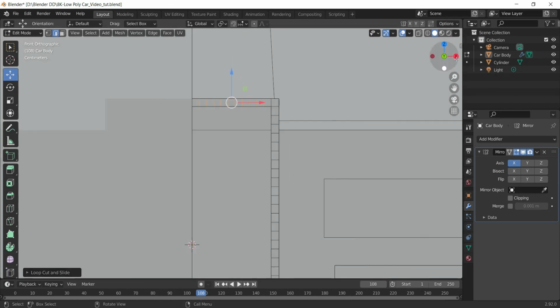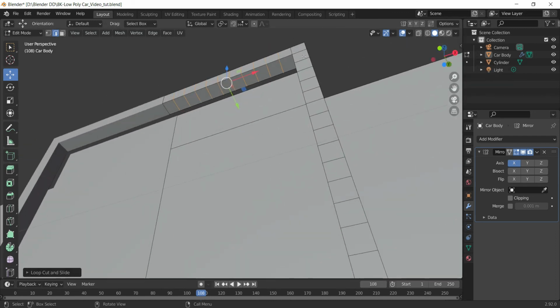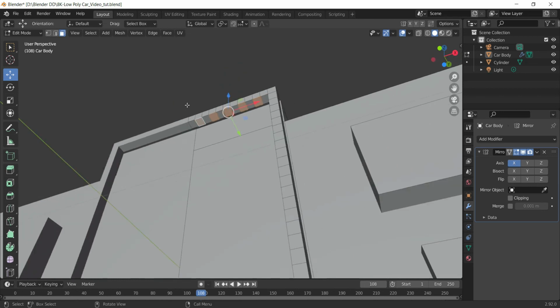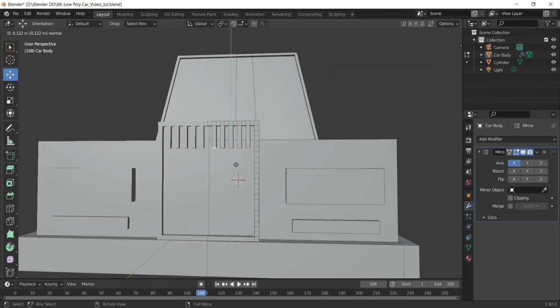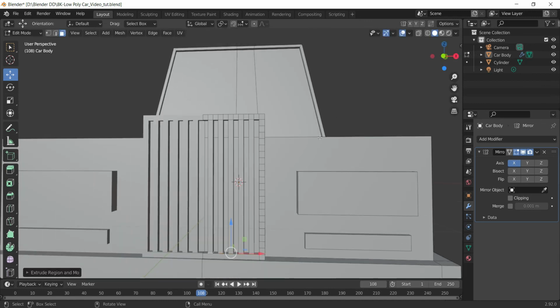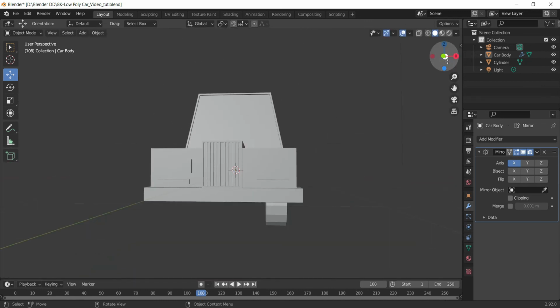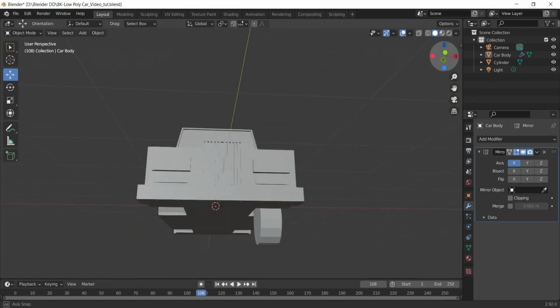Okay, I have kept a value of 10, and a similar process here also. Select each alternate face with the shift key and extrude it. So whatever design you feel like, I think this one is looking good over here.